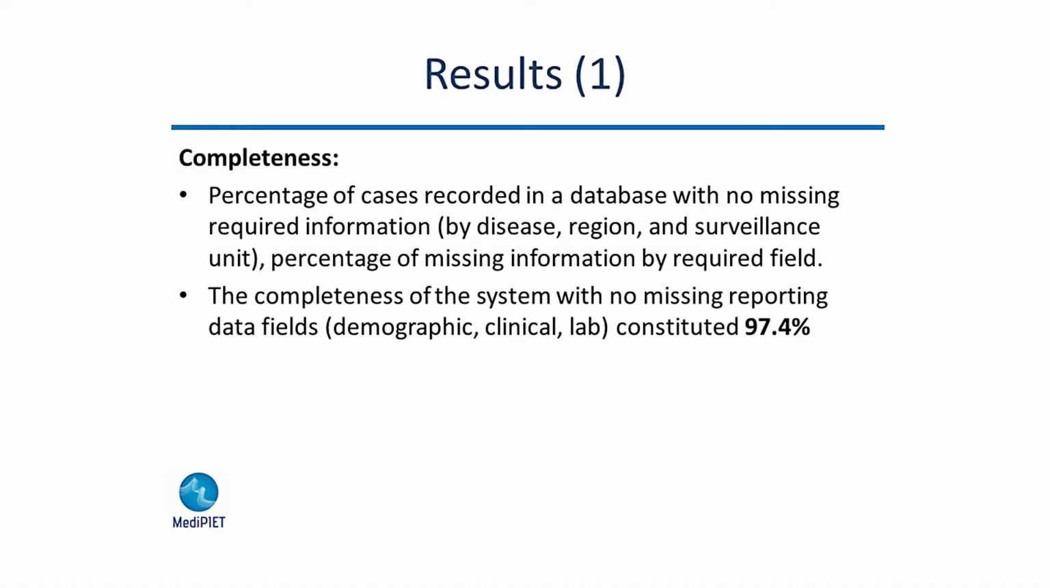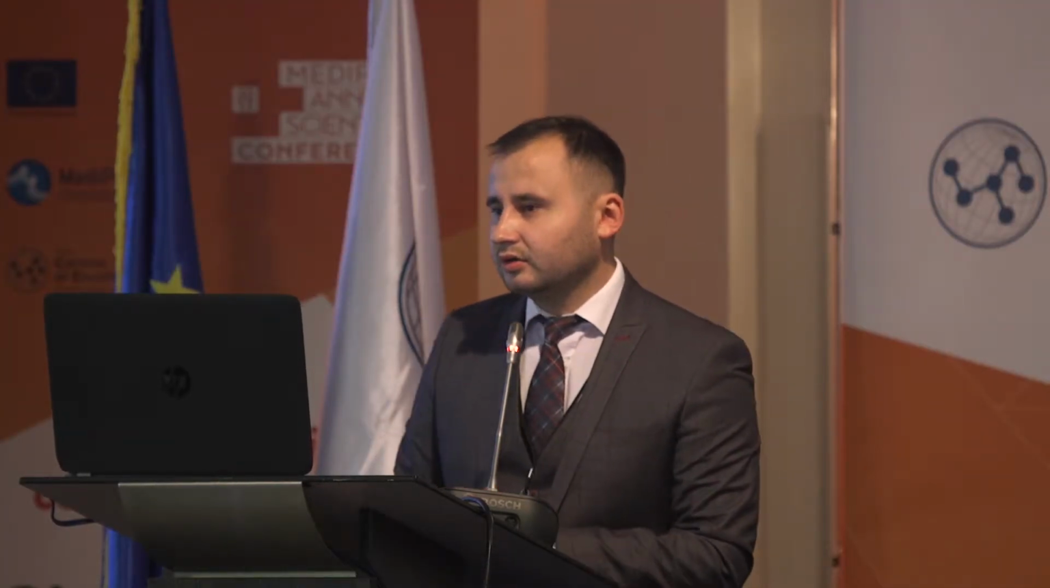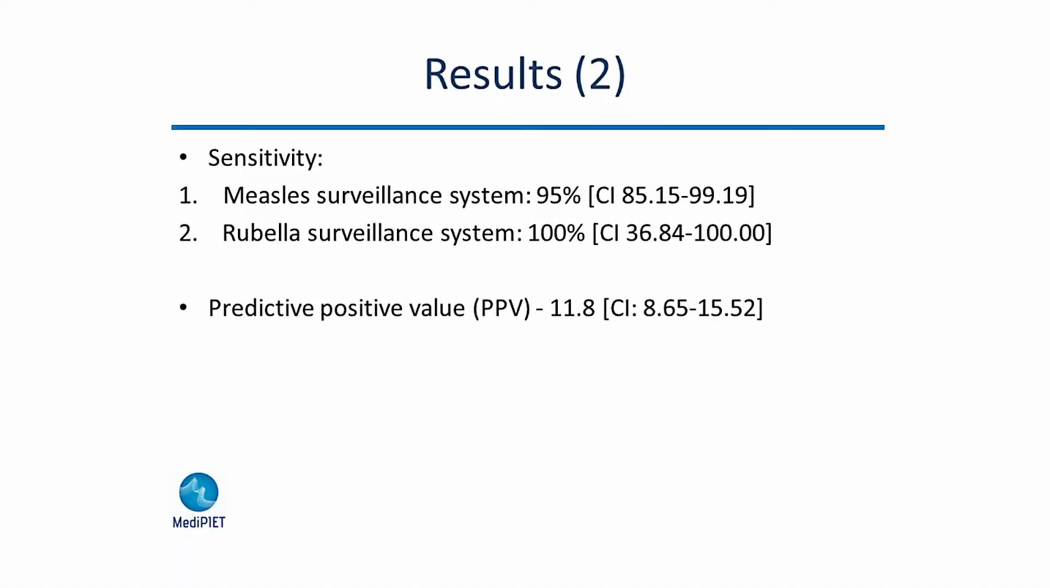Completeness, which represents the percentage of cases in the database without any missing required information, by disease, region, and surveillance unit, was 97%. So in 97%, all of the required fields for demographic, clinical, and lab data were fulfilled. Sensitivity of the system was assessed at 95% for measles and 100% for rubella. And the positive predictive value for our system is quite low, 11.8,